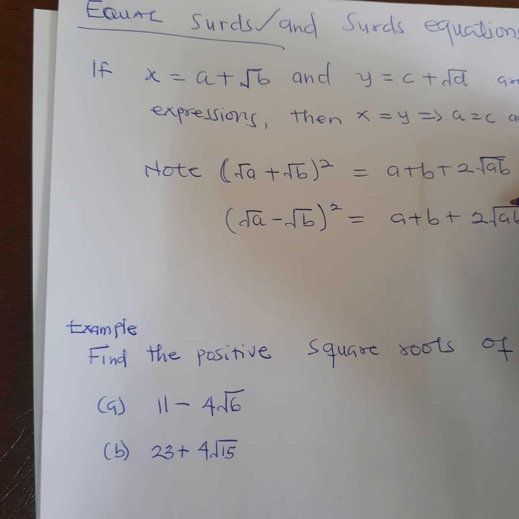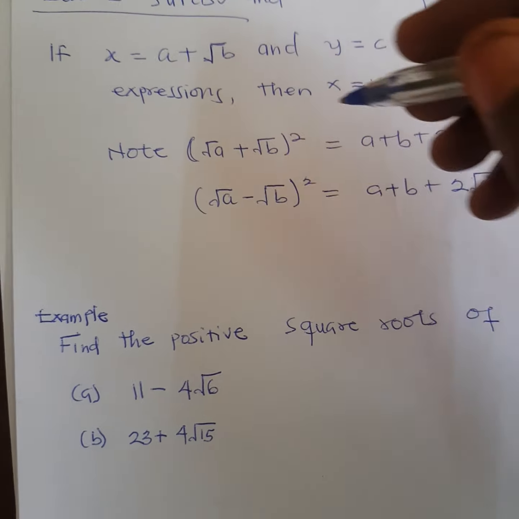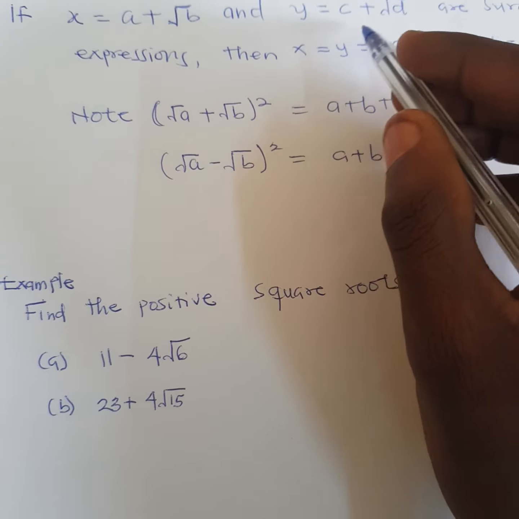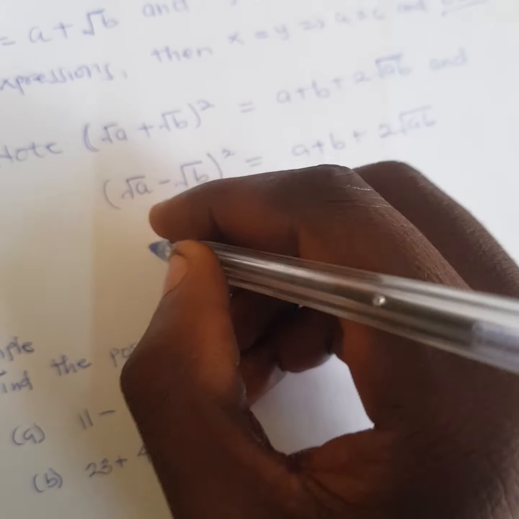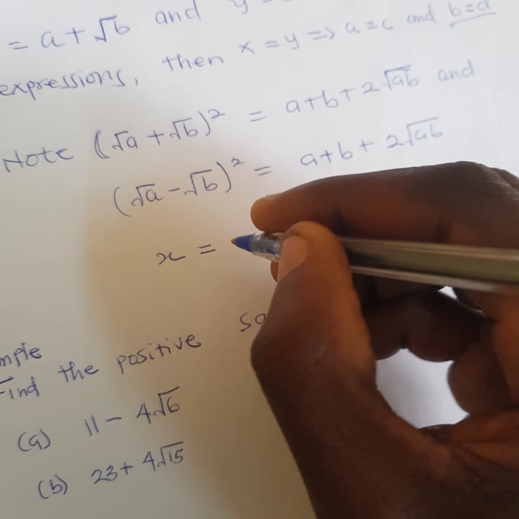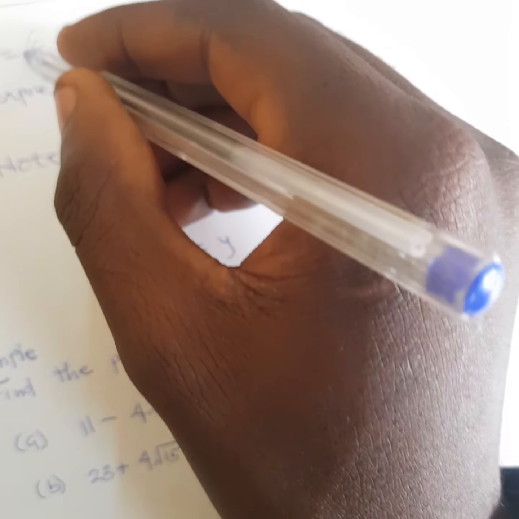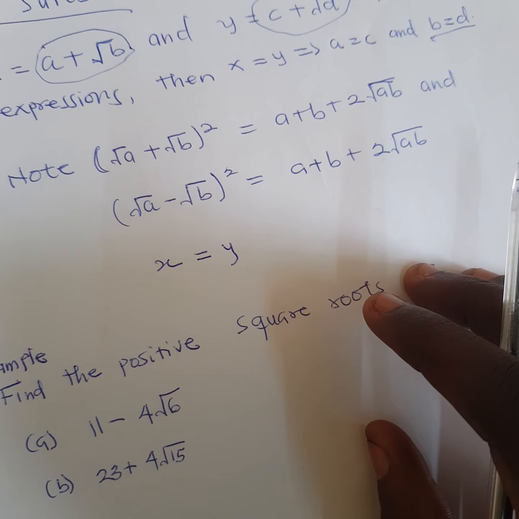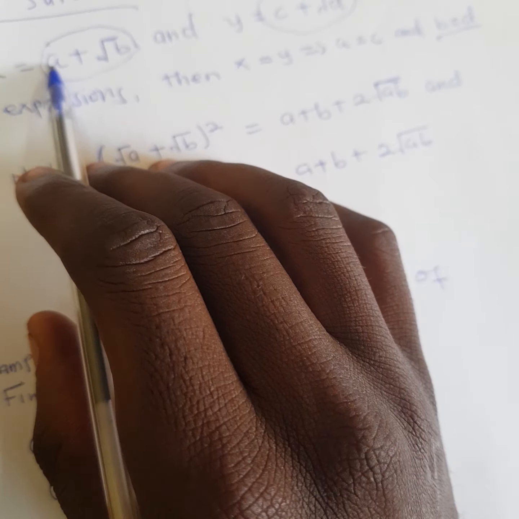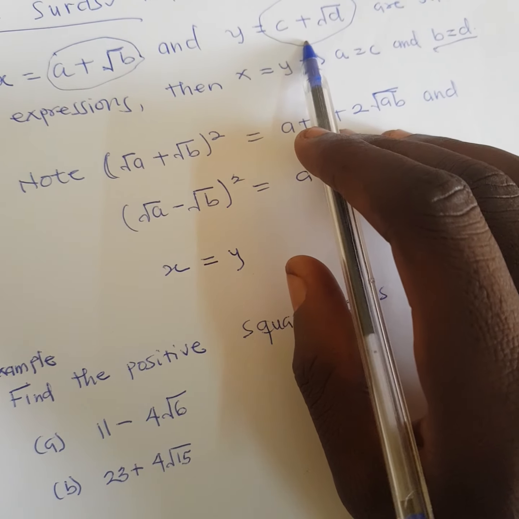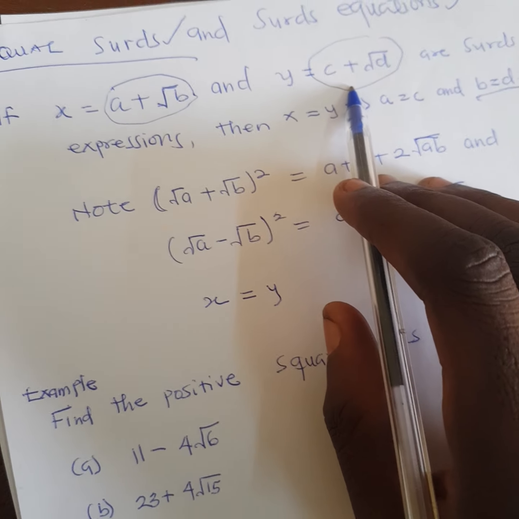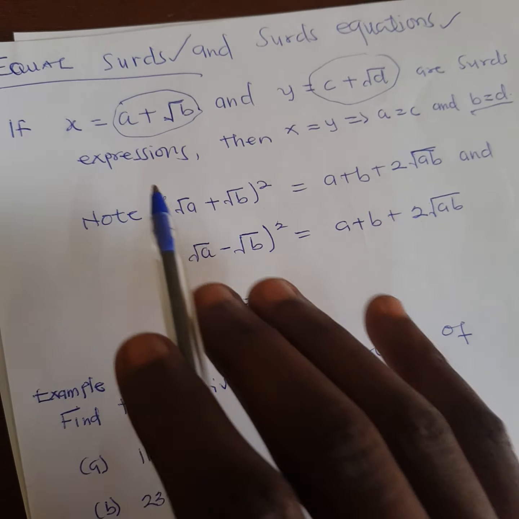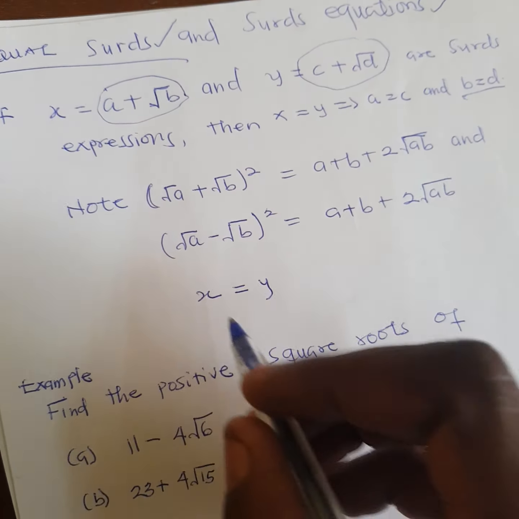having given x to be a plus this and y to be this, and you are given that x is equal to y, it means that the whole of this thing is equal to the whole of this expression. So the expression given in terms of x is equal to the expression given in terms of y. So what you are saying is that if x is equal to y,